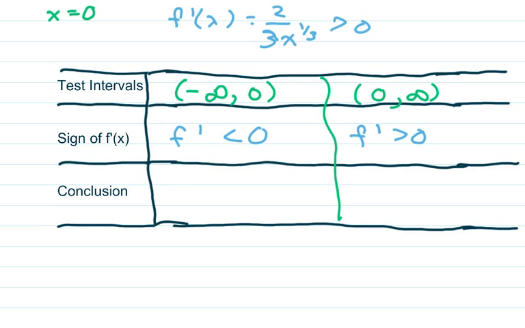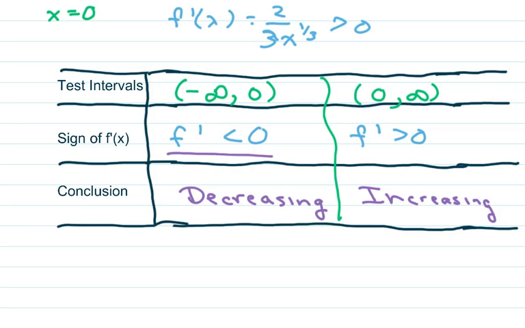The conclusion is, since this is negative, that f is decreasing on the interval -infinity to 0 and increasing on the interval 0 to infinity. So basically, when you look at this, we have a decreasing interval, which means going down, then we're going back up. So we're going to have a relative minimum, and I'm going to take my original equation, which was f